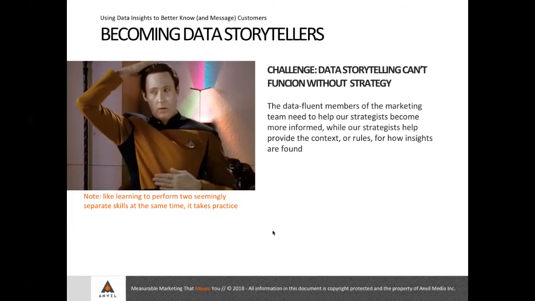And the ship goes in the other direction as well, because when our strategists are better trained to sniff out data and to help clients understand data and how it works, we're basically working as a single cohesive machine. And I think agencies that are doing this well are the ones getting the most business. And I think the marketing departments that are doing this well, finding the people who can help each other, are finding a lot of success.